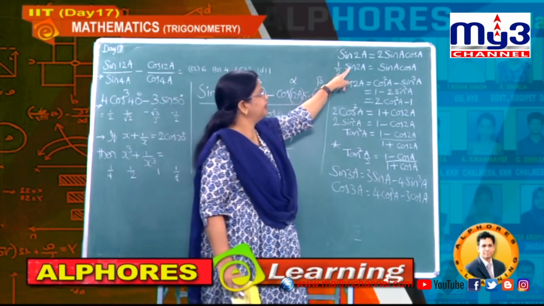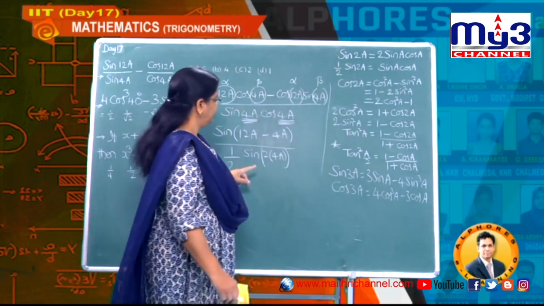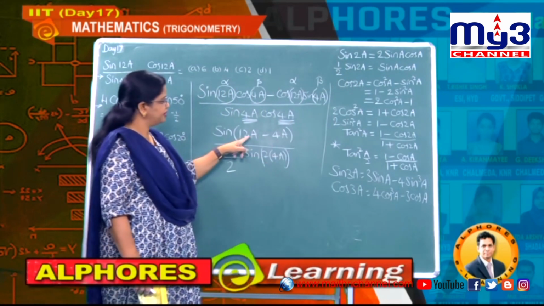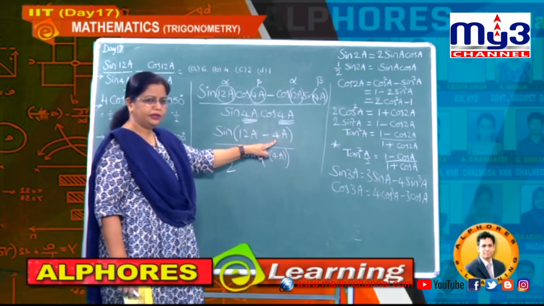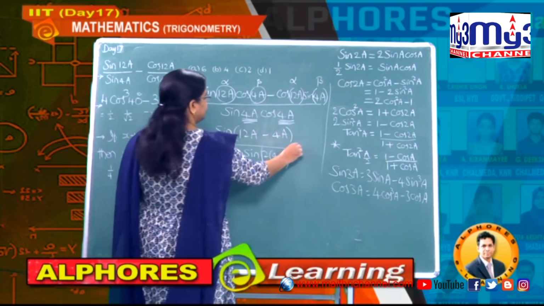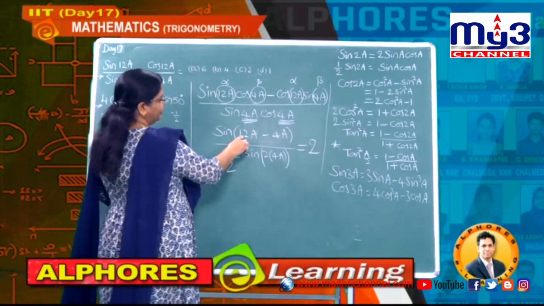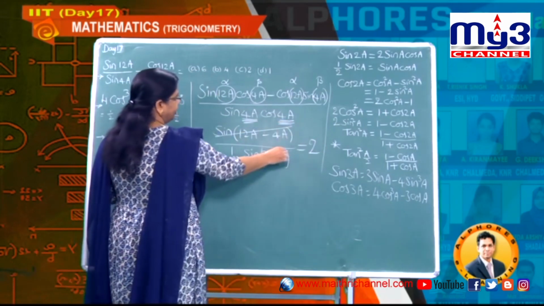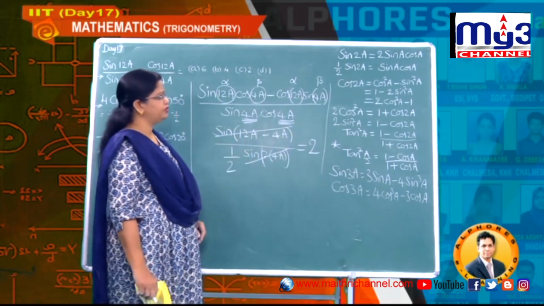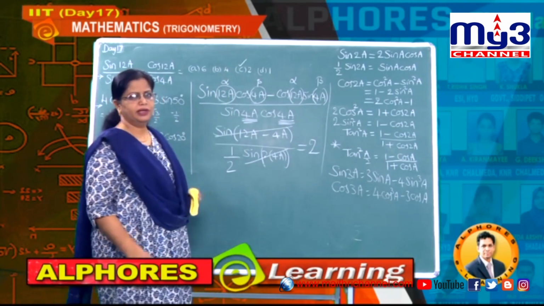Now observe half sin 2a is sin a cos a. And now we observe, this is how much students? 8a. 12 minus 4 is 8, isn't it? So sin 8a gets cancelled. Finally what is the answer you got? 12 minus 4 gives sin 8a by sin 8a, and 1 by 2 gives finally 2. Therefore the answer here is option C.